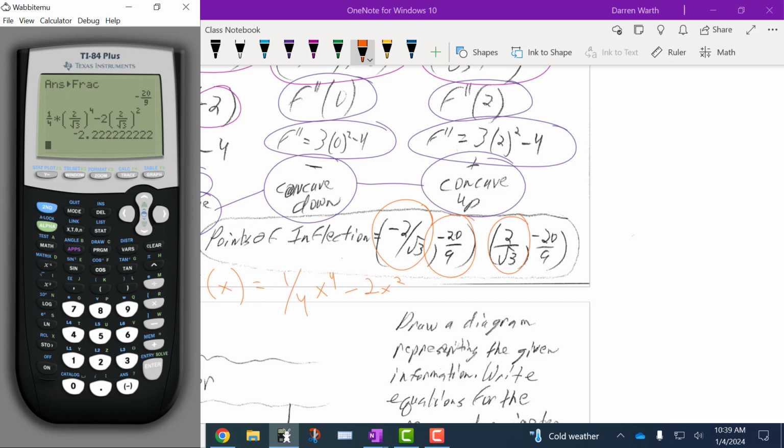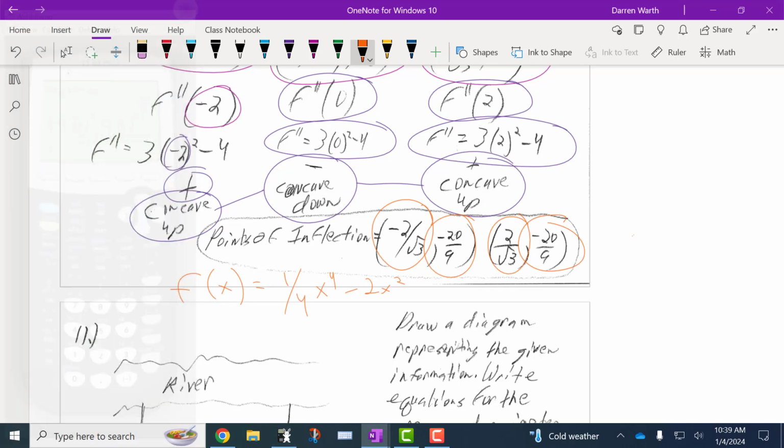And hit enter, and you'll notice that in this case right here, it comes out to be the exact same answer, so negative 20/9. Okay, on this next problem, on number 11,